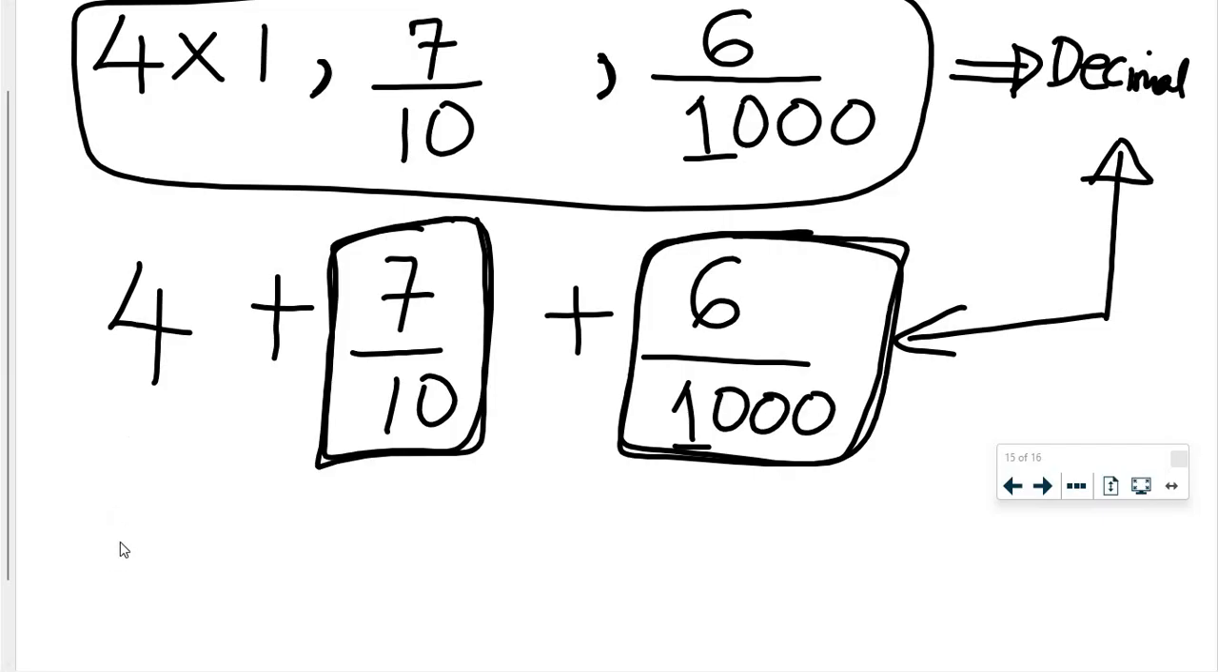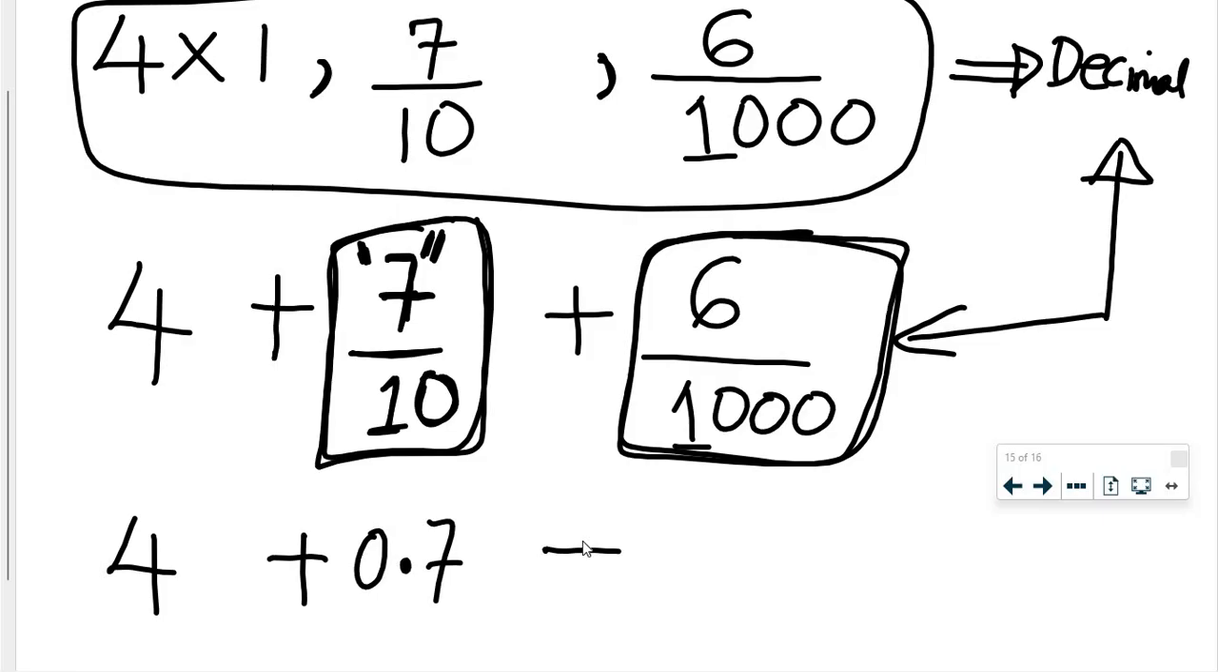Now, how do we do that? This is a whole number, 4, so we keep it like that, plus 7 upon 10. The denominator is 10. Remember what I said? If the denominator is 10, the answer will be copy-paste the 7 and make this 7 with 1 decimal place, which will be point, then you keep 0. Plus,